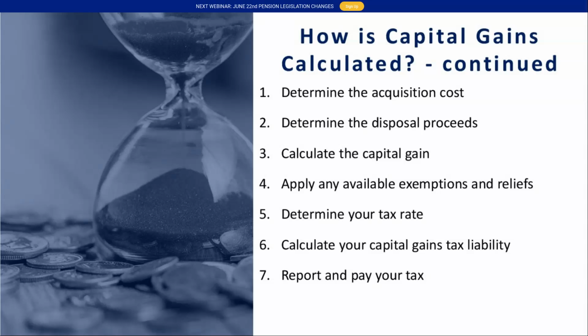So in our example of a £100,000 gain, we're looking at either a £20,000 capital gains tax bill that would need to be settled, or a £28,000 capital gains tax bill that will need to be settled if this is a buy-to-let property. Lastly, that's where you need to go to the taxman, and that's where you need to report and pay your tax. There are deadlines, and those deadlines are at the end of January the subsequent year.